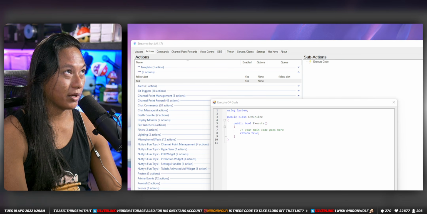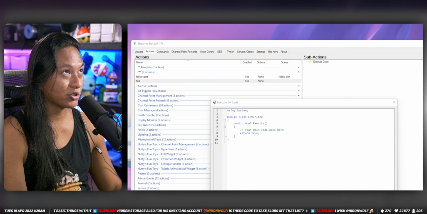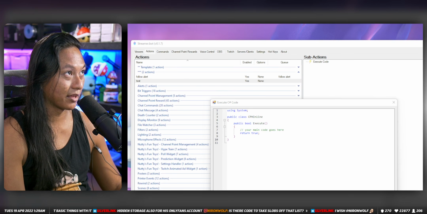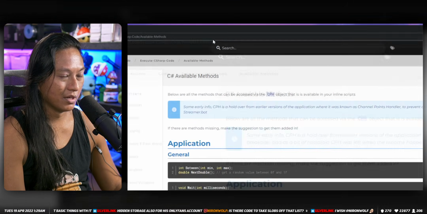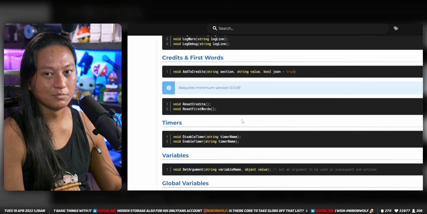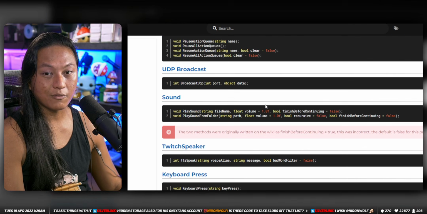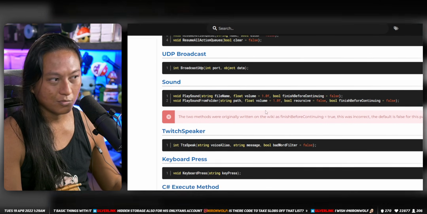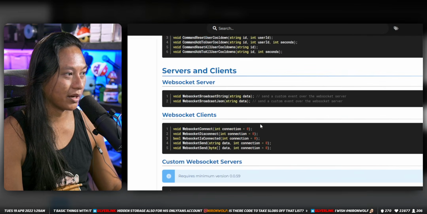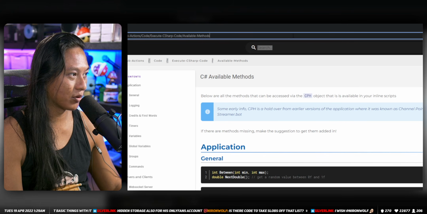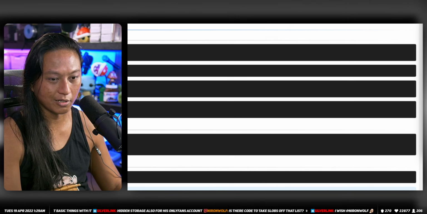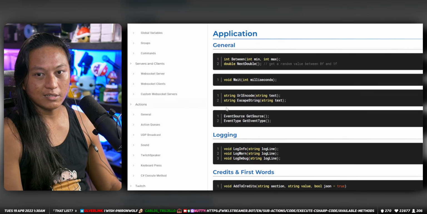So what I'm going to get you guys to do, if you're in chat, is bookmark this page. This is the most important page ever. This is the documentation. These are all the different things that you can do using the C# code, and it's available all within Streamer.bot. So I'm going to post this in chat here. This contains all the different